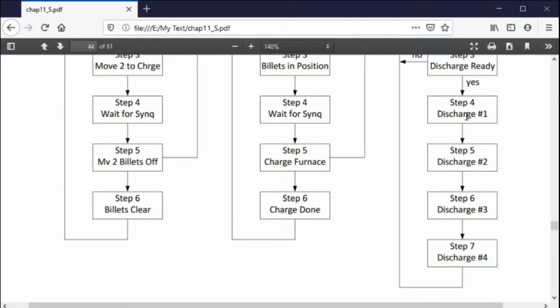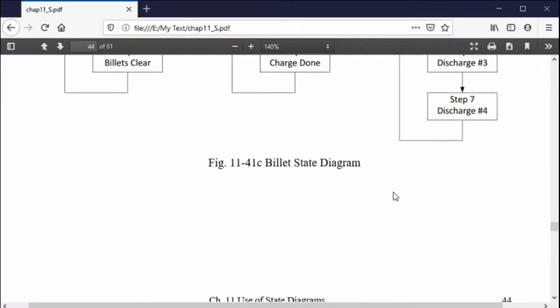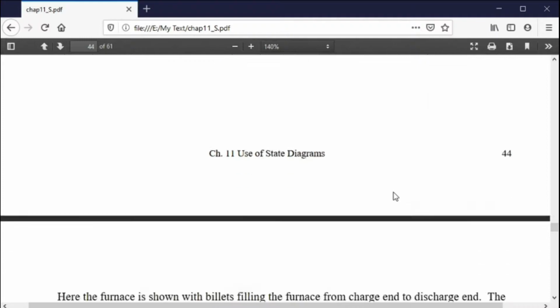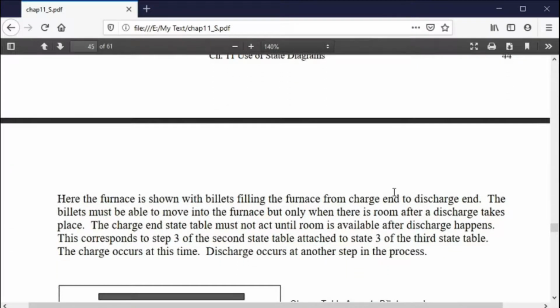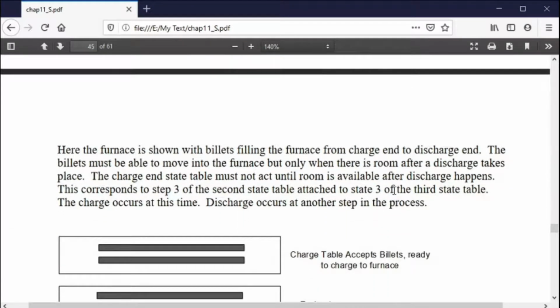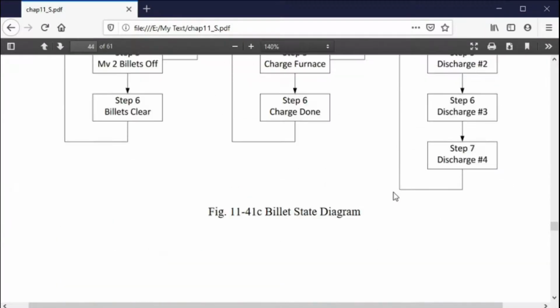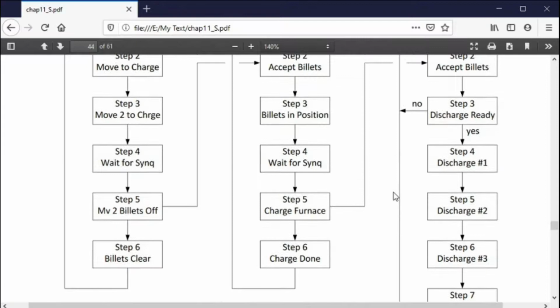And you say, well, when was this? This was in '05, and this was a process that we did and programmed, and it worked very, very well. So a billet state diagram, it worked. So if you ever hear of the word billet, you'll say, oh, that must be a state diagram program. May or may not work, but again, you say, well, did the people that built the original furnace have this in mind? I think they possibly did, but it didn't really matter because I saw the state diagrams